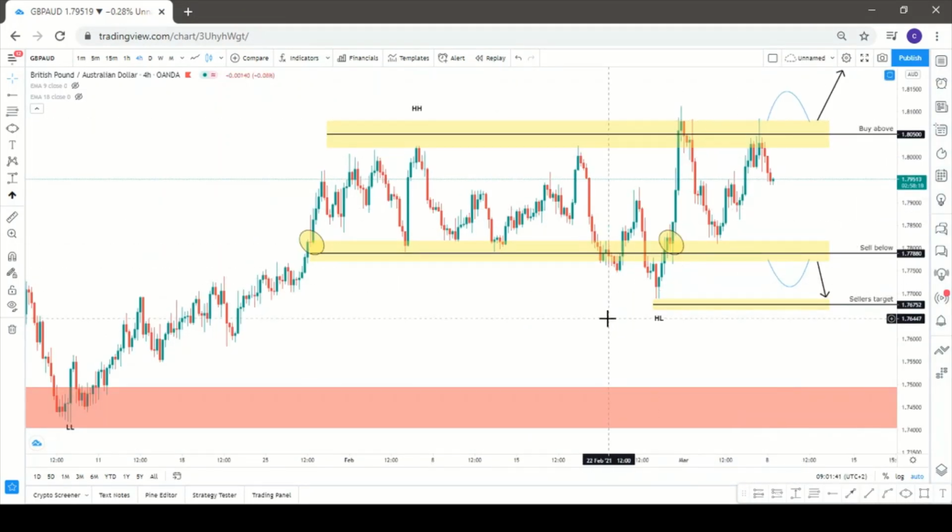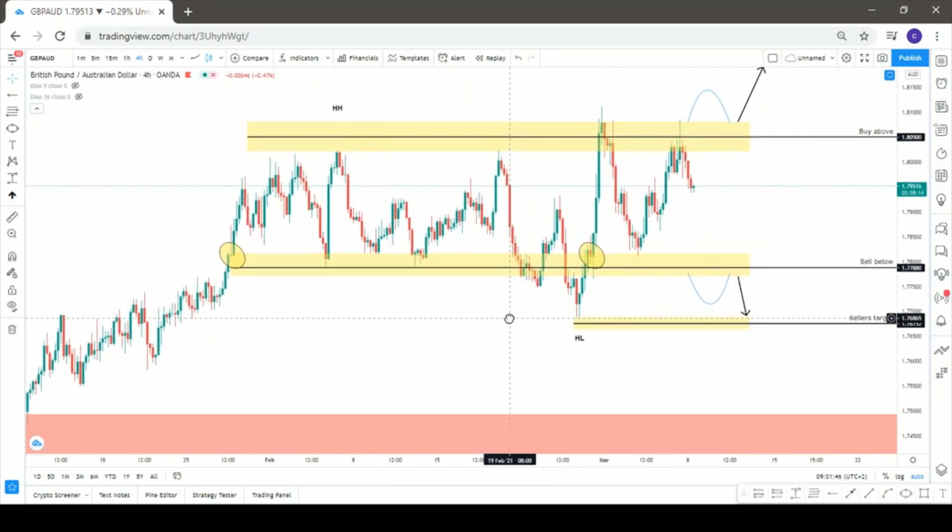So looking at British Pound, Aussie Dollar. Yeah, I drew in these two value areas. And the reason for that is, remember, value area is not a rigid place, right? It's just an area, so the market can turn around either at these points on the area or just above the area, right? And some people would say this is the wrong way of drawing this, but the reason I extended this area is